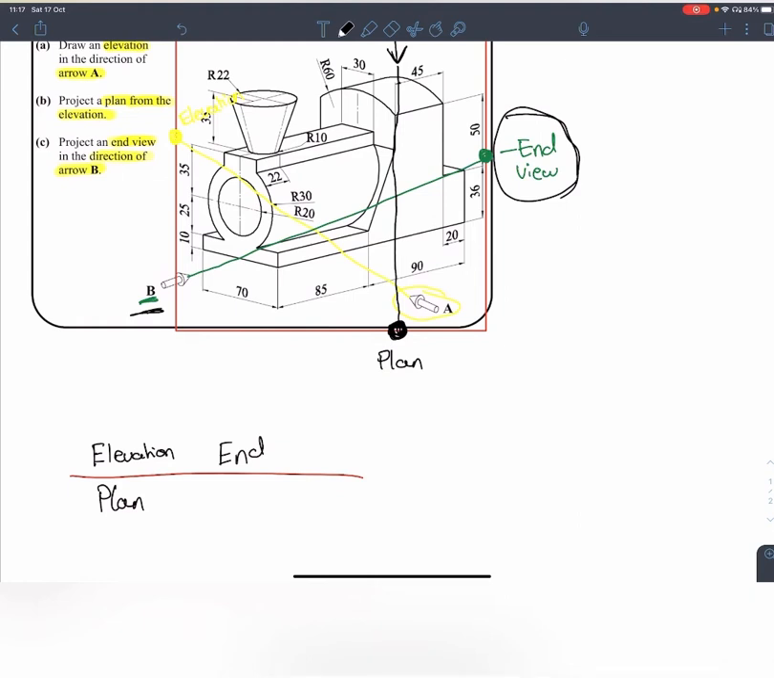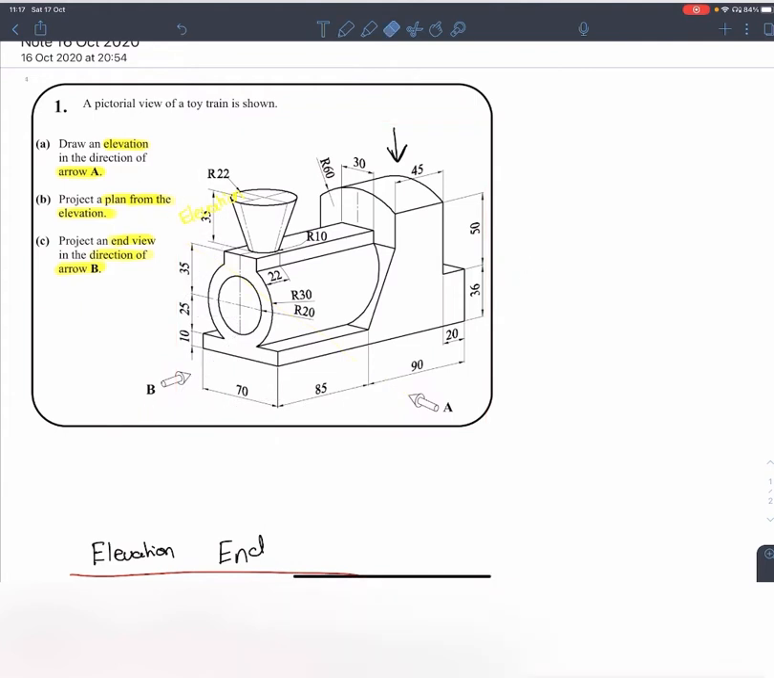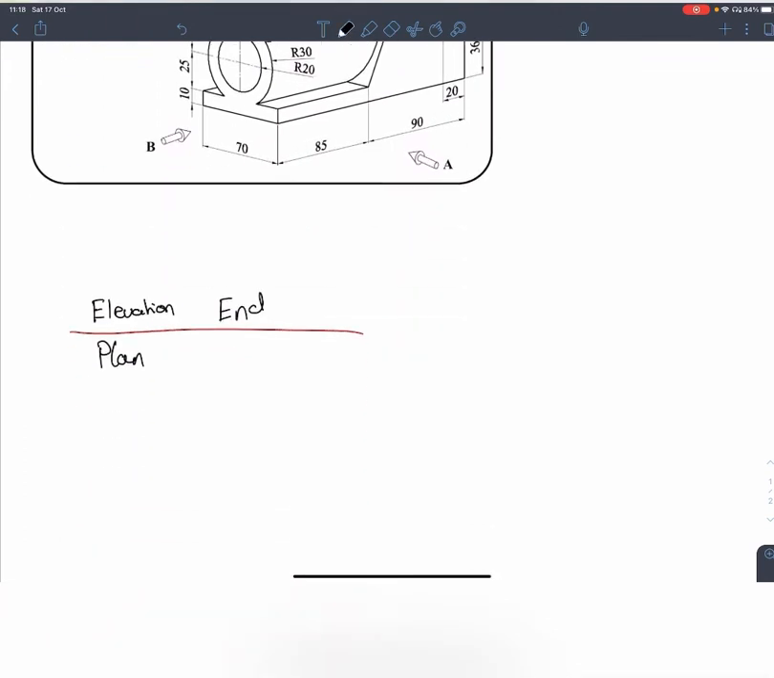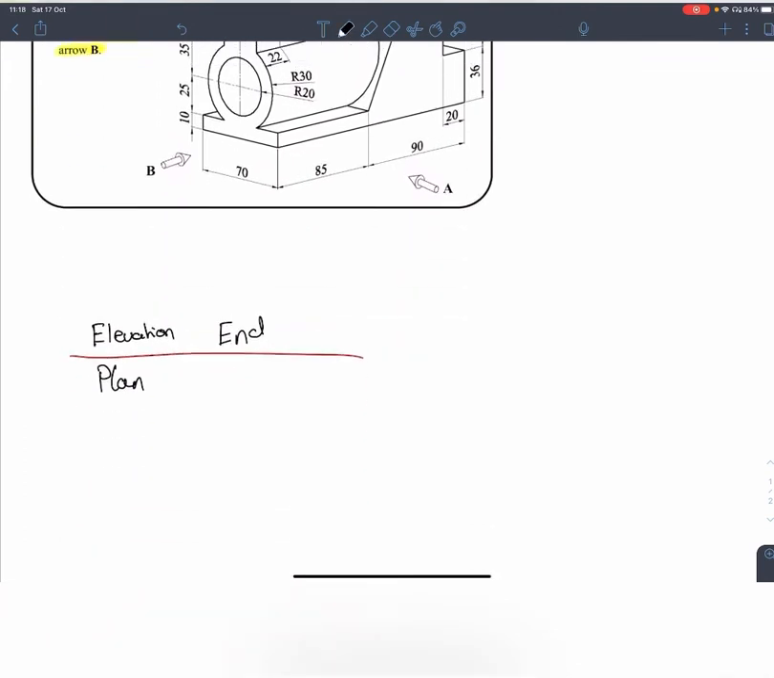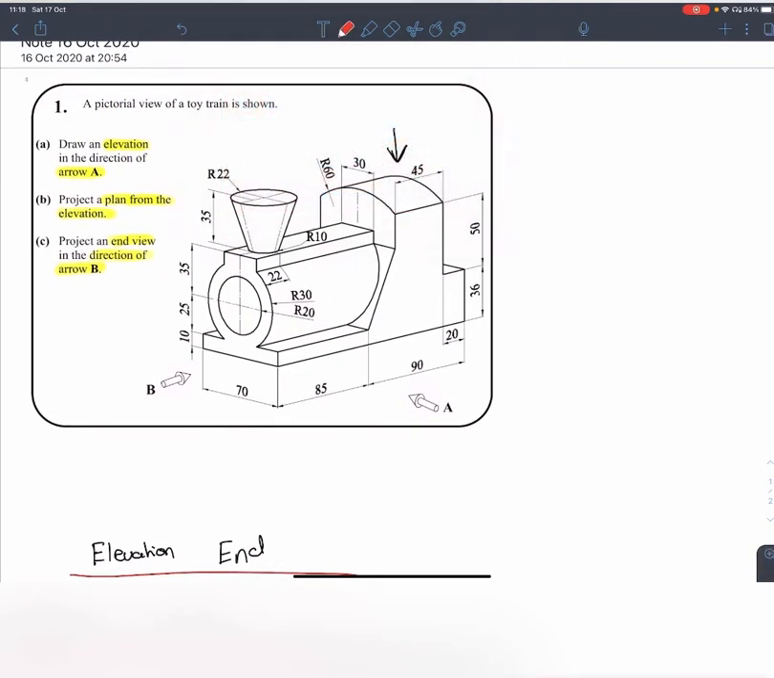I'll just rub all that out, two seconds now. Okay, so now we know the orientation of our question, meaning the elevation will be on the left, the end view will be on the right, and the plan will be directly below the elevation. The next thing that you should do is create a checklist